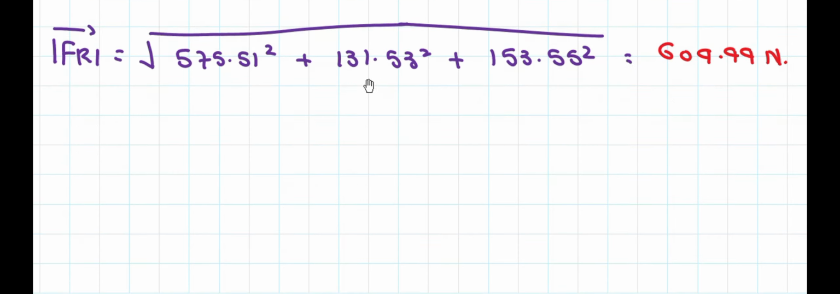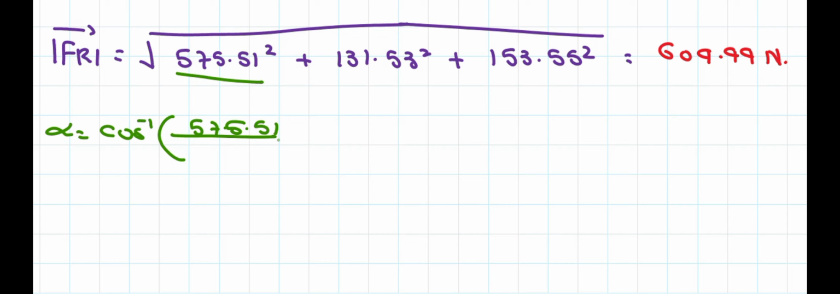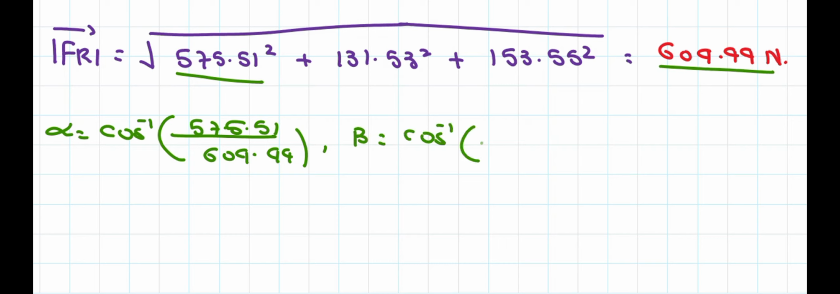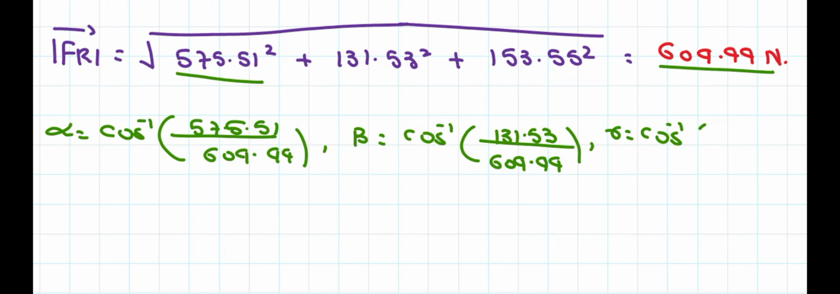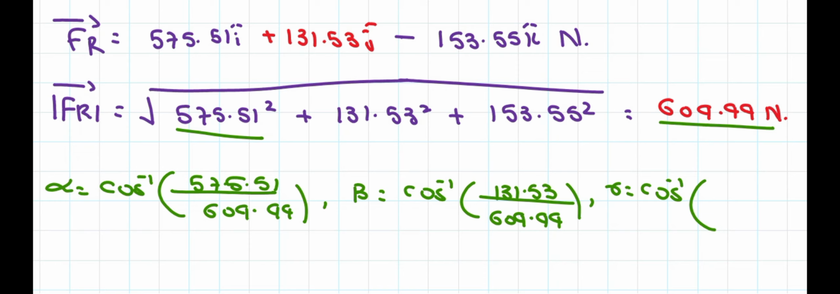Now, what about the direction cosines of the resultant vector? For that, we have the formula. Alpha is equal to cos inverse of Frx upon F. The Frx is nothing but 575.51, and F is nothing but 609.99. Similarly, beta is equal to cos inverse of Fry upon F. The value of Fry is 131.53, and the value of F is 609.99. Lastly, gamma is equal to cos inverse of Frz upon F. The value of Frz is negative 153.55, and the value of F is